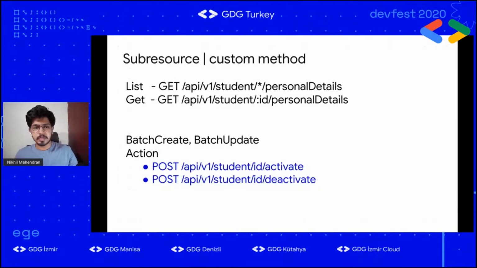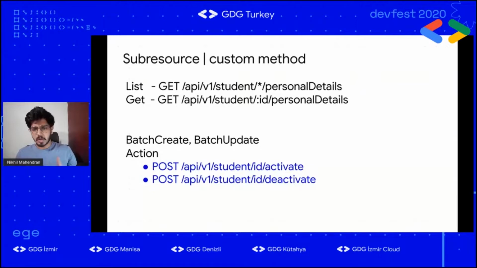Then there are a few things called custom methods. Normally when you work around a resource, apart from CRUD, create, update, and delete, you need to do some more actions over it. Sometimes in a single shot you might need to create 20 or 30 students. At that time you need something called batch create. People normally try to use a for loop from 1 to 100 and give 100 calls to the backend. That is a bad practice because when 100 calls go to the backend, it's time consuming. 100 HTTP calls are made, and from the server, again 100 database calls will be made.